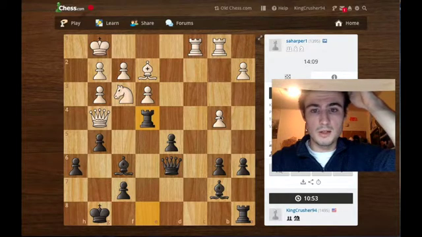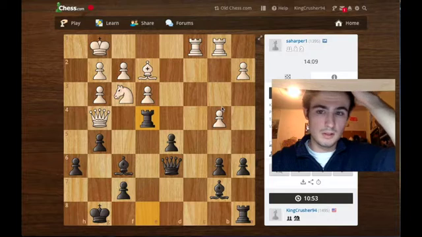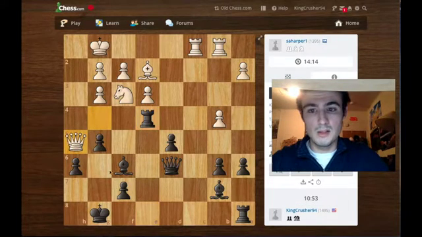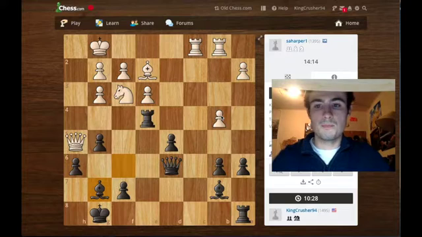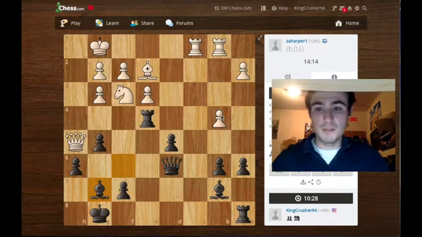Threatening this queen, I'm threatening to take this pawn, because I have two attackers to his one defender. He's got to move his queen though, so he moves it there. I want this h6 pawn. It's a valuable pawn. So before I go ahead and take here with the rook, I do a simple defensive maneuver